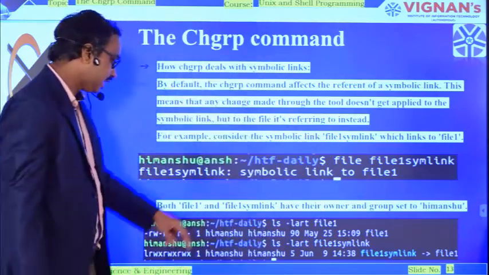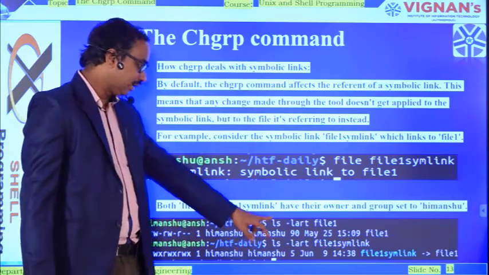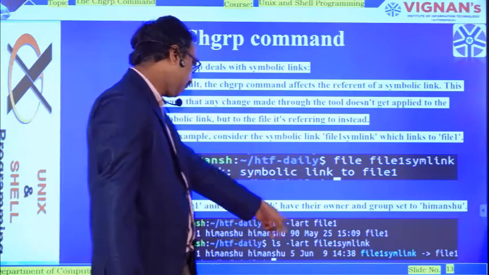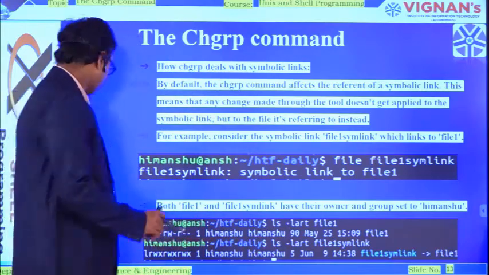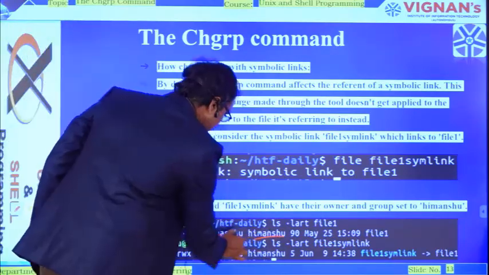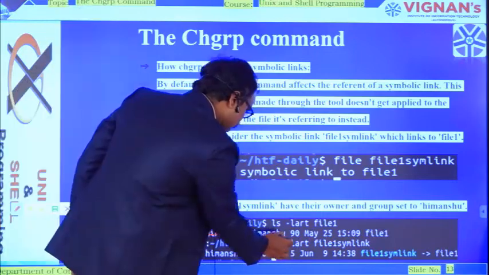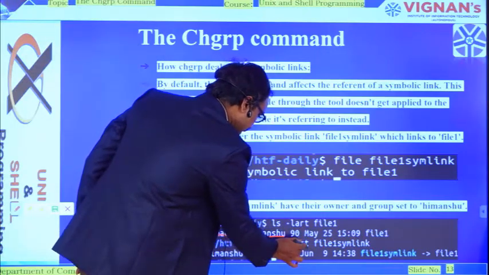Now just see in the next example. What I have done here is type ls with the owner name and the file name. Once I type it, it will display the group name as well as the owner name. In this case, the owner name is Himanshu and the group name is Himanshu. Here, now I want to add the ls option lrt as it is.